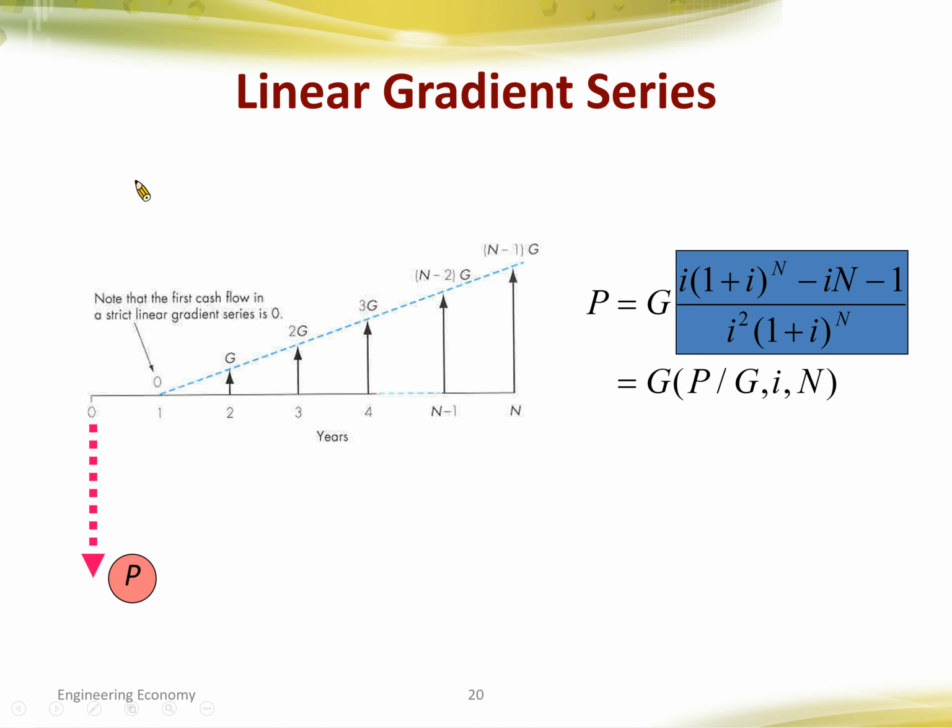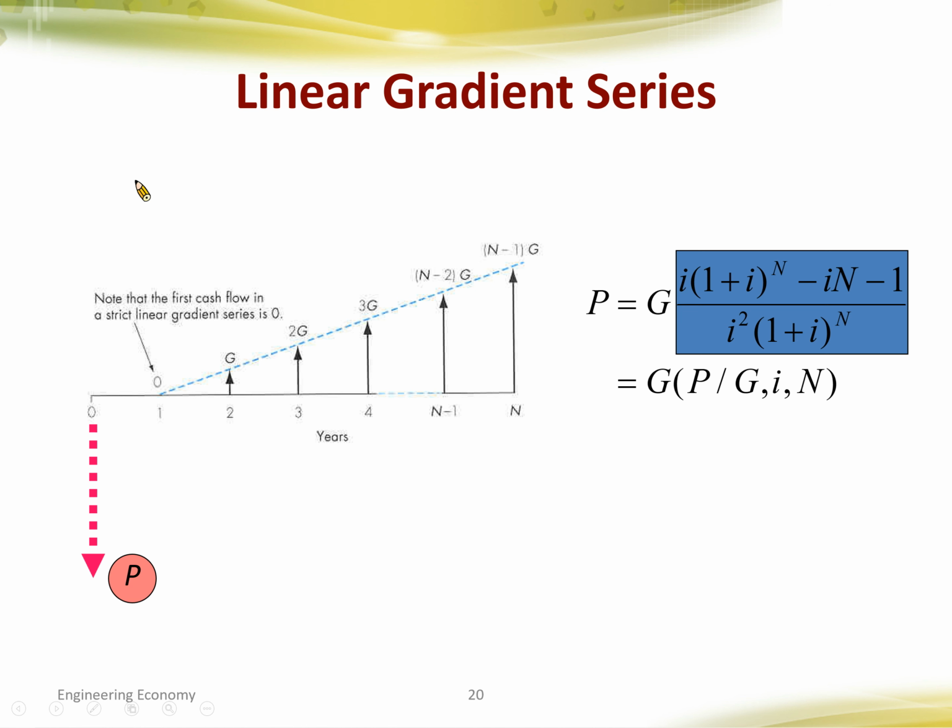Then from then on, every time we move one period, we add an additional value g. So the difference between each cash flow will be g. The difference stays the same, which gives us a linear gradient series. And with such kind of series,